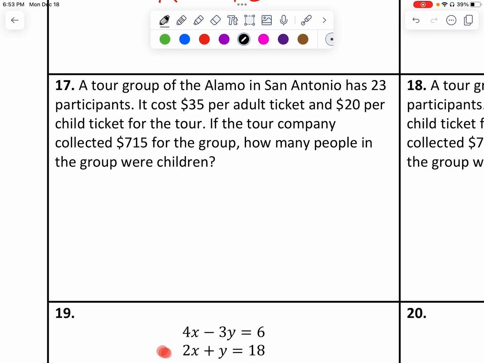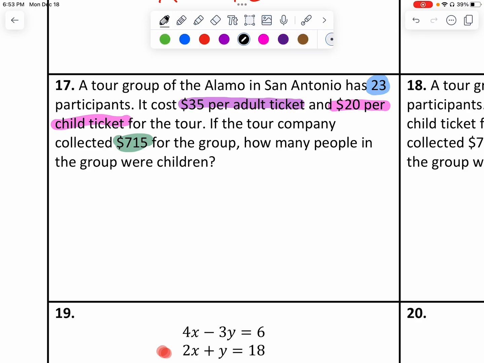Okay, so a tour group at the Alamo in San Antonio has 23 participants. Okay, I'm just going to start highlighting some interesting information that I think is cool. So 23 participants is kind of cool. And then it's telling me it's $35 per adult ticket. And let's use purple. Wait, we just used purple. Pink. And $20 per child ticket. Okay, if the tour company made a total of $715 for the group,